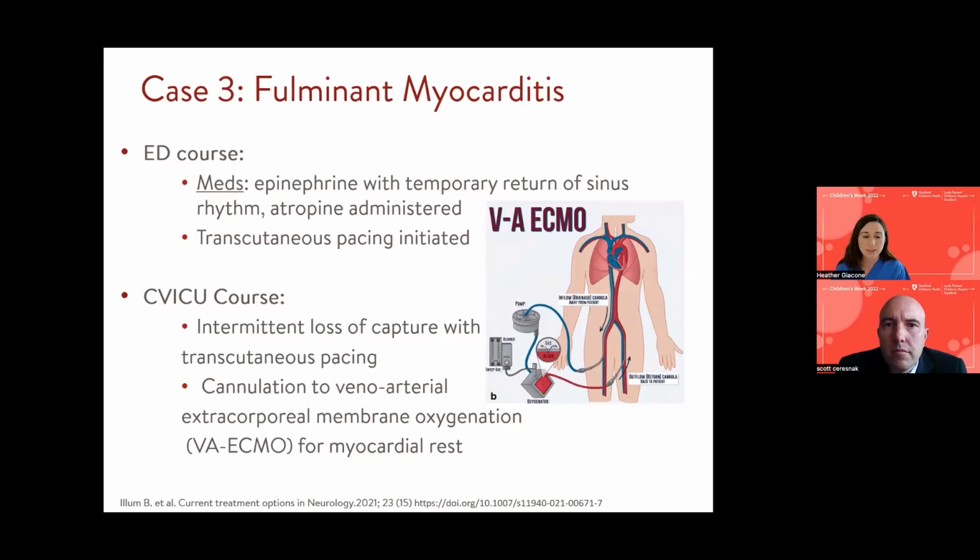In the ED, she actually got multiple rounds and boluses of epi. Because of that catecholamine surge, she did have temporary return of her sinus rhythm and AV conduction during that time. She did get atropine. Every time the epinephrine would wear off, she would go back into complete heart block or be asystolic. She therefore had pads placed, and they did transcutaneous pacing on her and gave her a bit of sedation because that can be quite painful for anyone, not only children.